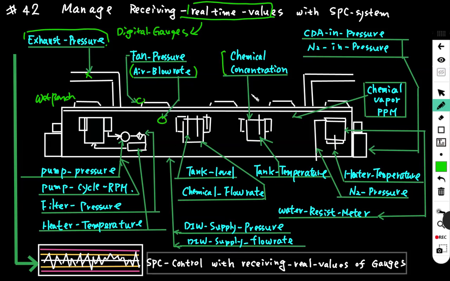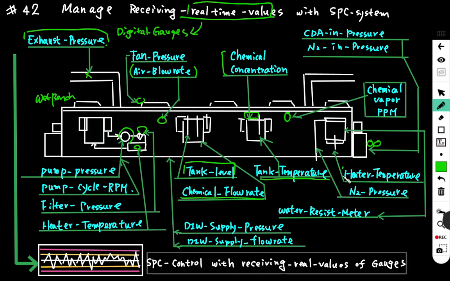and the chemical concentration gauge and the CDA in pressure and the nitrogen in pressure gauge and chemical vapor density ppm gauge and the pump pressure gauge, pump cycle RPM gauge and the filter pressure gauge and the heater temperature gauge, thermocouple and tank level gauge and the chemical flow rate gauge and tank temperature thermocouple gauge